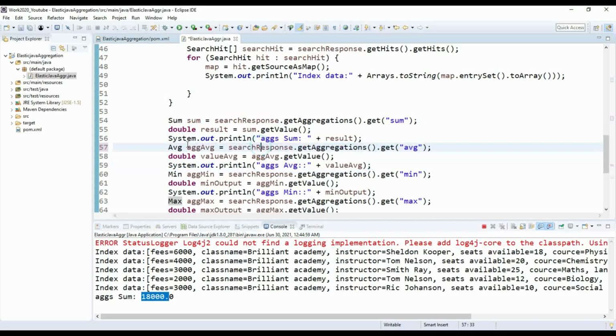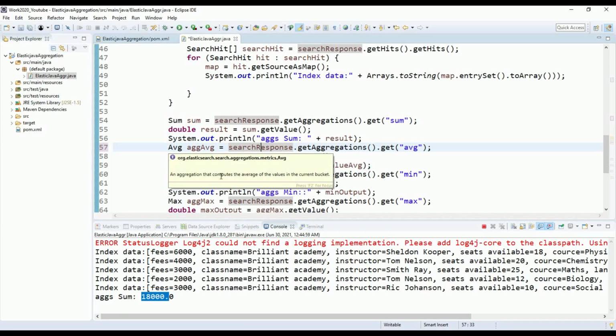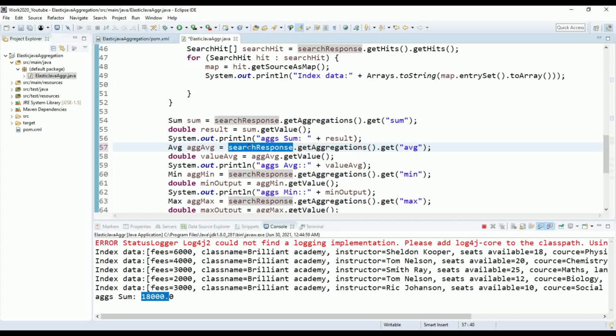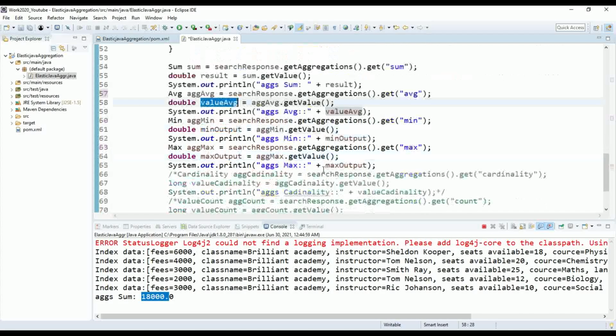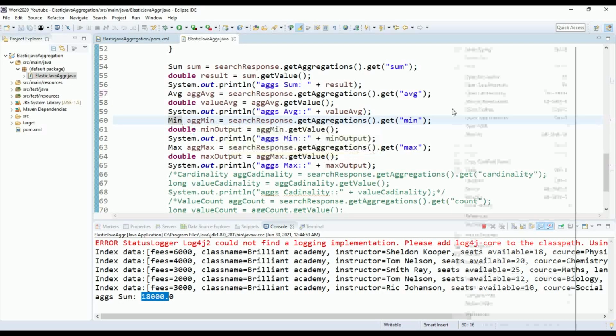The search response has my result set, but I want to apply the average aggregation to that result set. That's why I'm calling get average, returning the output in this variable, and printing it. The same applies for minimum and maximum. I have to find the minimum fees offered for which course and the maximum fees offered for which course. So just save it, and I want to run it now.